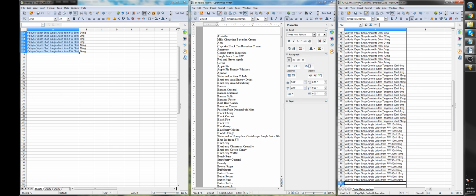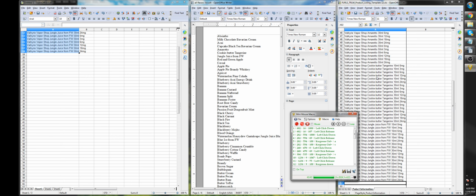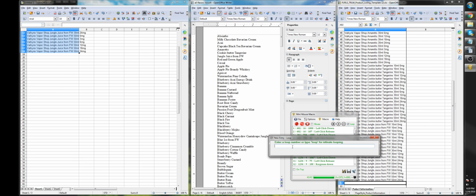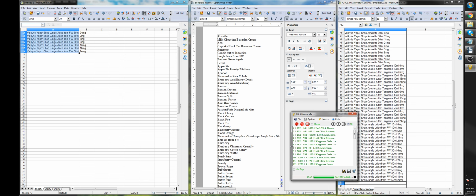Yep, it works. So now that you've done that, and it's working alright, you can hit this loop button, and it will just keep looping over and over and over again. What's really cool is you can count how many flavors are left, and then you can click this loop button and put in that number so that it won't keep repeating after it's done. So we're going to hit 10, and also before you loop, you're going to want to make sure you remember